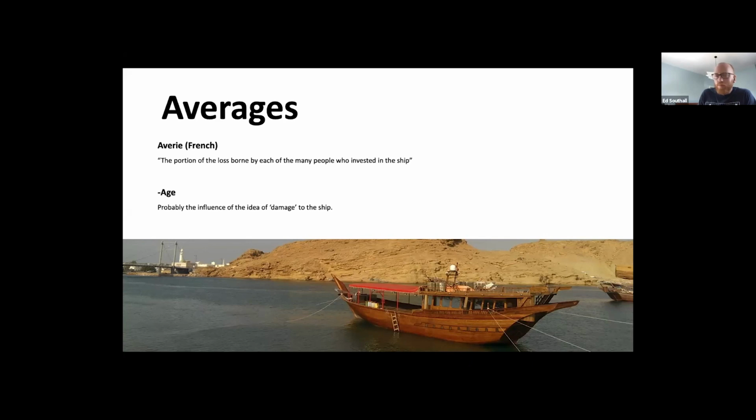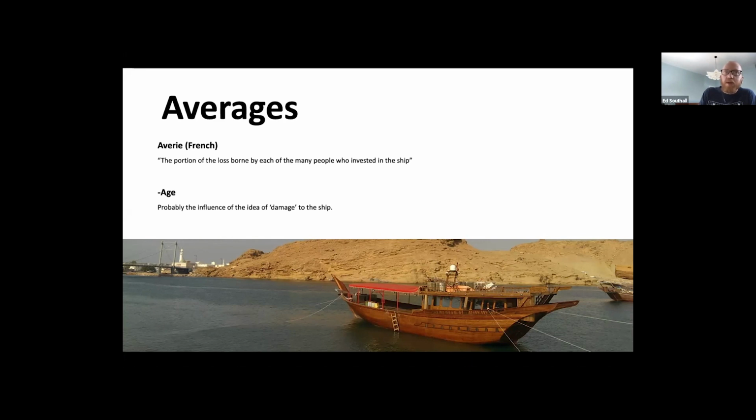So a really odd example of a word that has persisted and come through the ranks to become the word of choice to describe a way of sort of equal sharing. And the age at the end is kind of thought to be linked to the English word damage. So they've kind of taken the back end of that word and stuck it on the French word to get this average to infer the damage from the boats. Very odd, very odd. And that's not it.